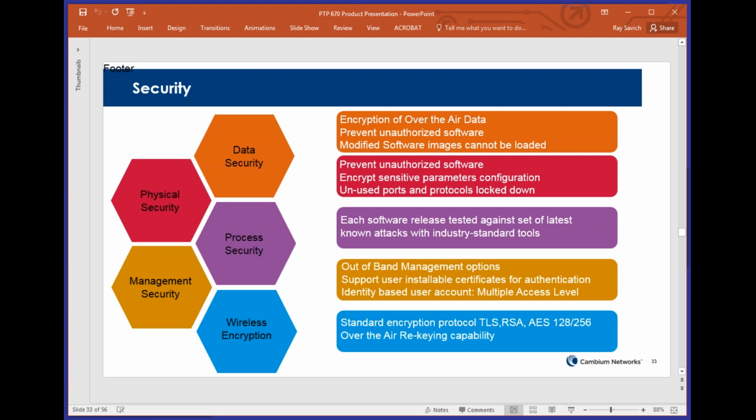The PTP 670 has a lot of security features built in. We've categorized them into 5 areas: data security, physical security, process security, management security, and wireless encryption. I'm going to go into a little more detail for each one of them. With respect to data security, we have encryption over the air. We also have